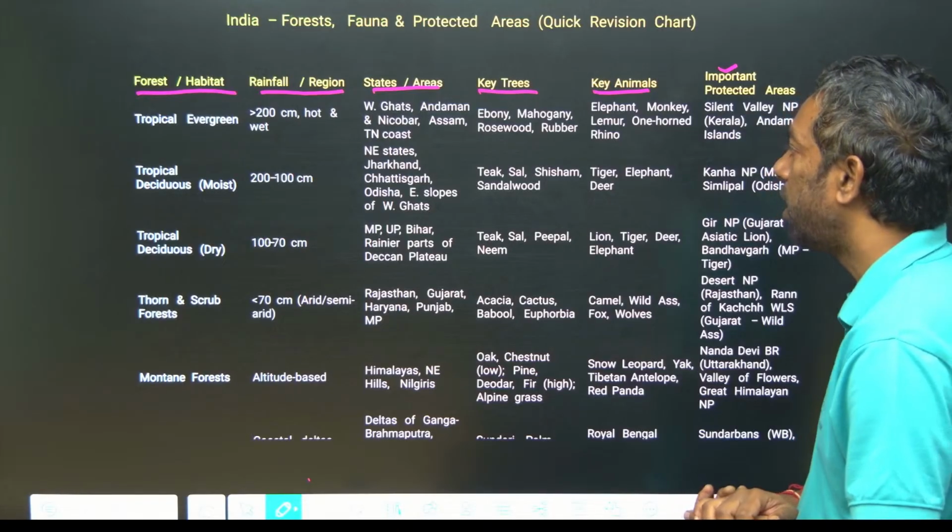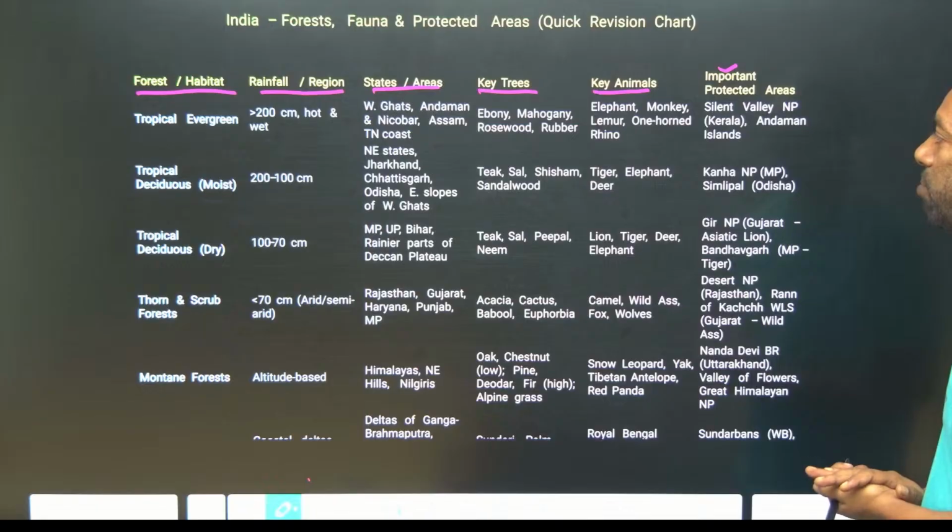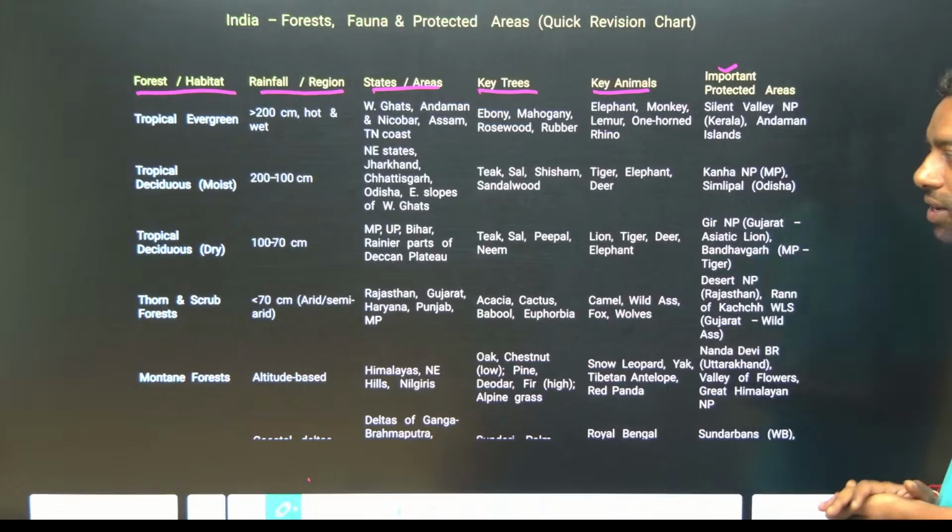Trees: ebony, mahogany, rosewood, rubber. Key animals: elephant, monkey and rhino. Important protected areas: Silent Valley National Park, Kerala, and the Andaman Islands.